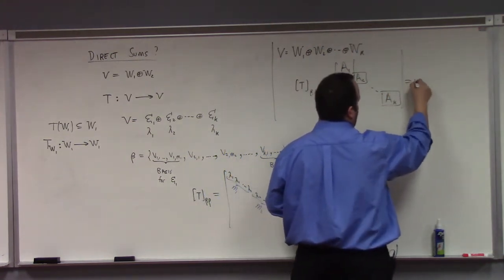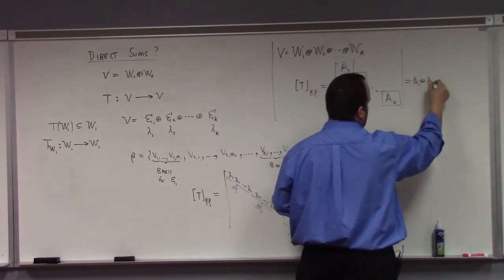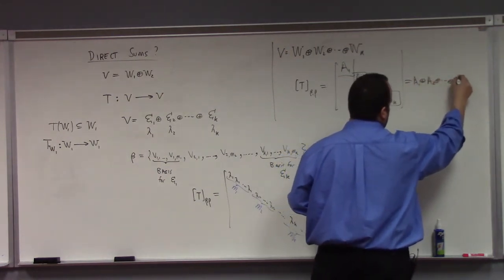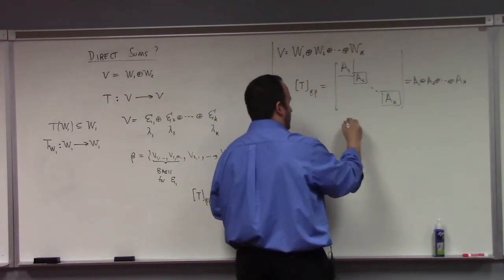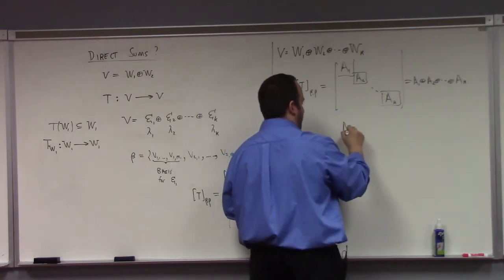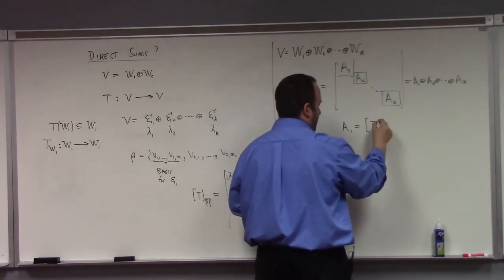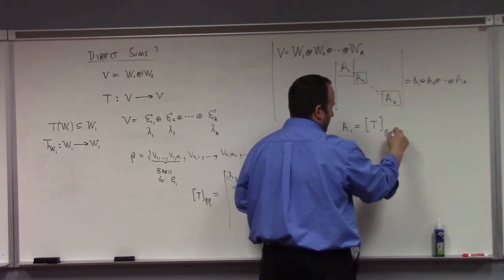If you like, we could say A1 direct sum A2 direct sum Ak, where A1 would be the matrix of T with respect to the